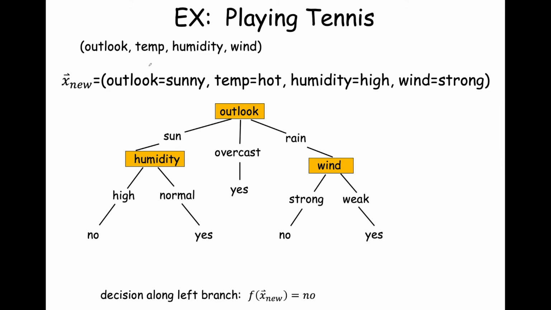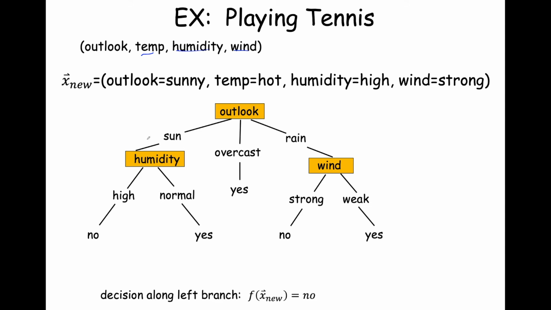So for example, let's imagine this particular tree that we built in some fashion, and we'll talk about that. And we have a new input vector, and it consists of 4 features: outlook, temperature, humidity, and wind. And let's say we're going to use this to determine whether or not we should go out and play tennis. So we have our new vector, and its instantiation: the outlook is sunny, temperature is hot, humidity is high, and the wind is strong. So we then start out at the outlook node and say, okay,